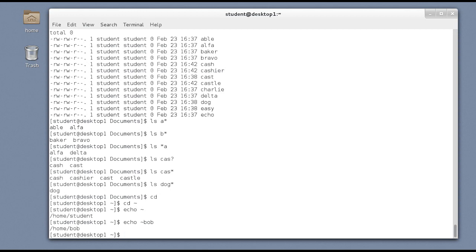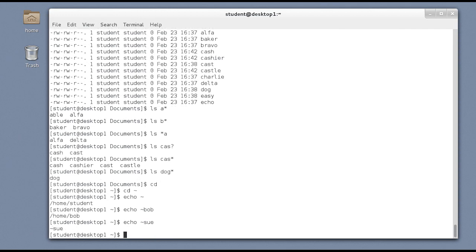If you attempt to do this with a username that does not exist, and I don't have a SU account on this machine, it won't find anything. And you'll notice with the use of any pattern matches, when you ask for a pattern that can't be matched, it will return the original request as text, which lets you know that you didn't actually match anything.